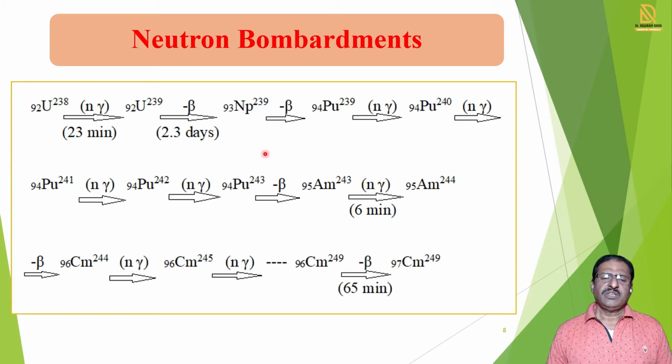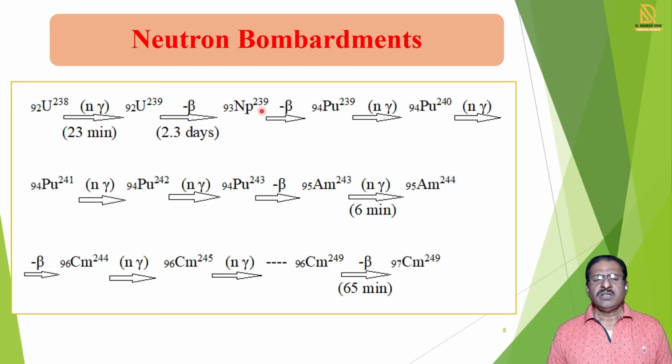Now we see this reaction continued. Here we have shown this reaction. Again we see here uranium 92 238, on which we can carry out the N gamma reaction. N gamma reaction means a neutron is bombarded and gamma radiation is eliminated. Here this reaction is carried out in 23 minutes, so uranium 92 239 is formed. It is unstable. Its half-life is only 23 minutes, and so it eliminates a beta particle and forms Np 93 239.